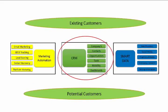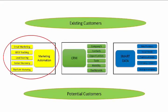Okay, CRM. I've talked about CRM quite a bit, so I'm going to leave CRM there and jump right over to marketing automation. With marketing automation, again, it's email marketing, web tracking, lead scoring, and so on. There's a couple tools we use, but the one I want to talk about today is called